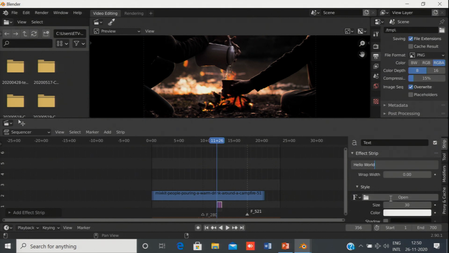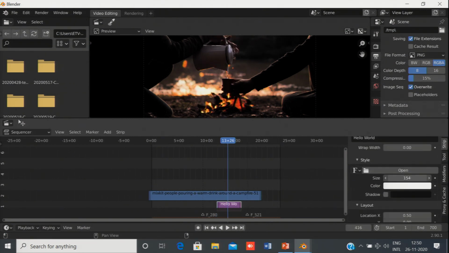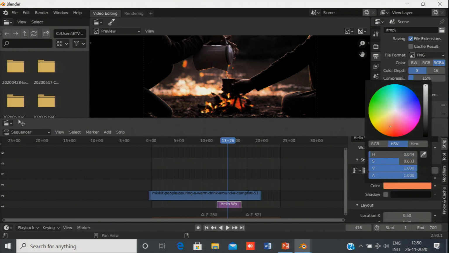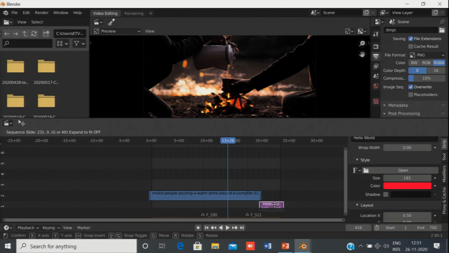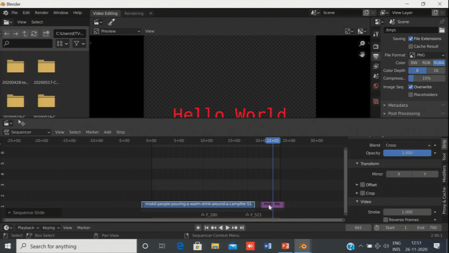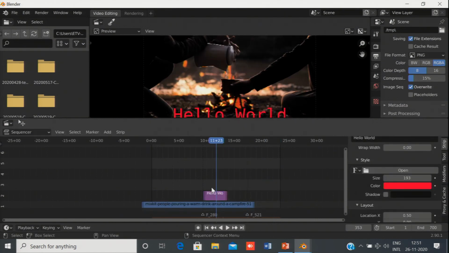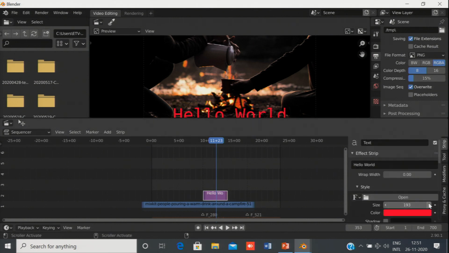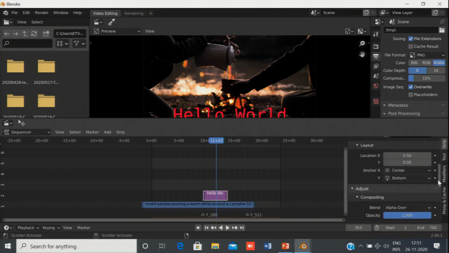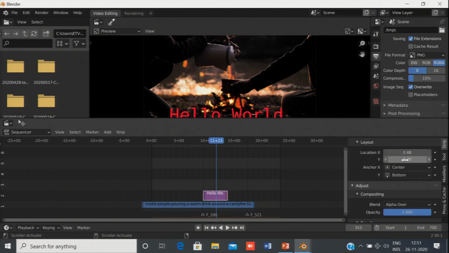See, now you can change the size, the color of the text, see it is showing here, and I can also move the text by changing the location here.